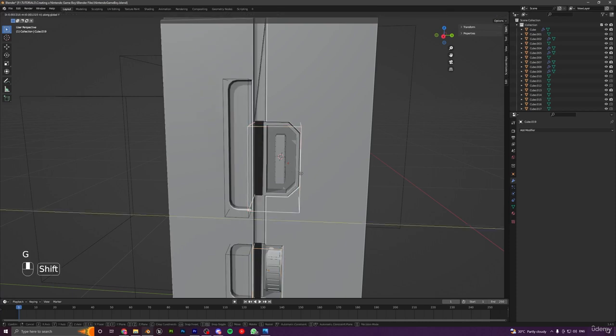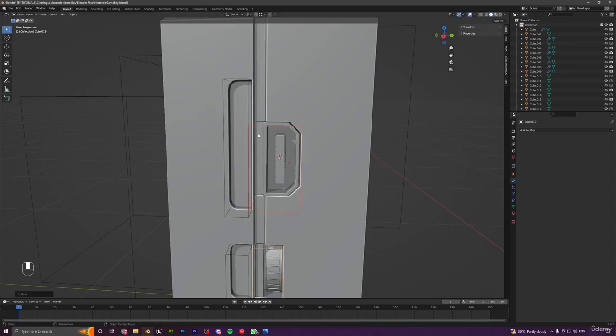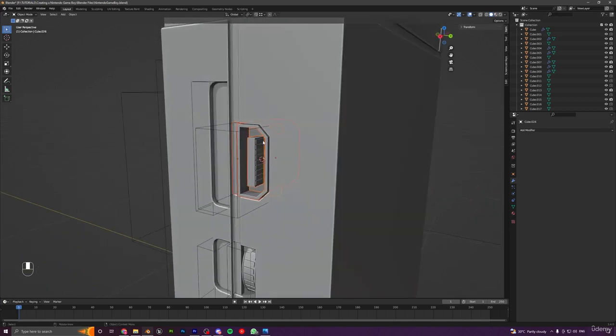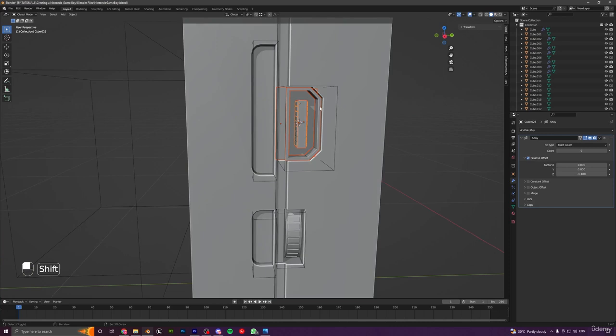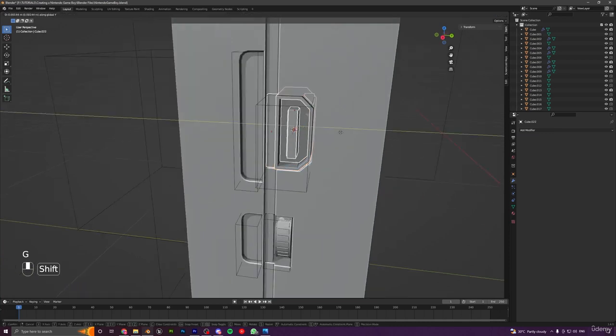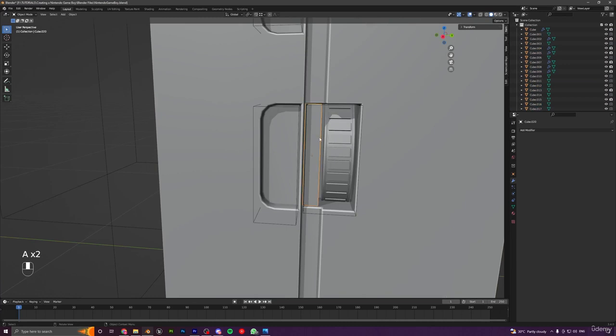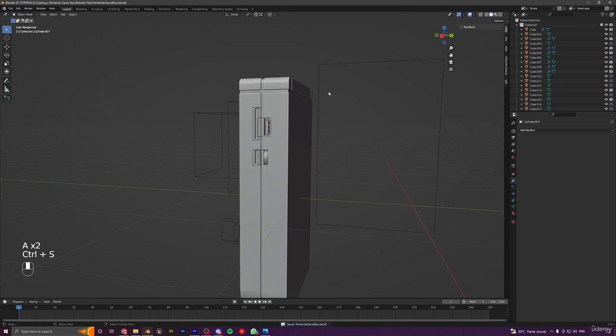I will just bring it up over here and select all these things also, to move them ahead a little bit. Hit save